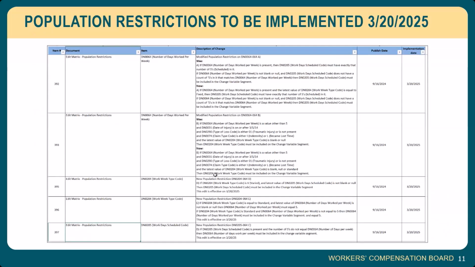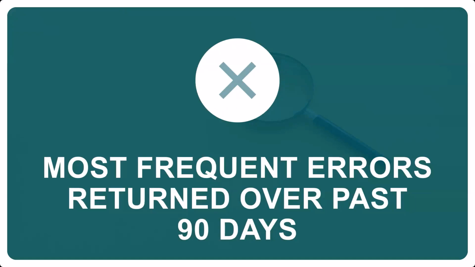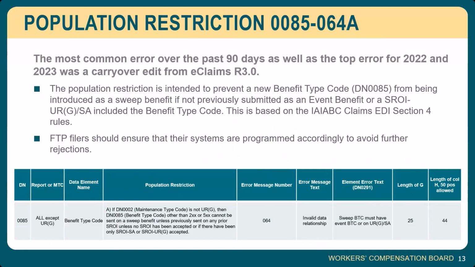This slide here, changelog items 392 through 397, summarizes the changes that we made to support that, and again, to reduce a few rejections that were brought forth. I'm going to turn it over to Tony, who will go over the most frequent errors for the last 90 days. Thanks, Mike. So the first one that we came across was in regard to population restriction